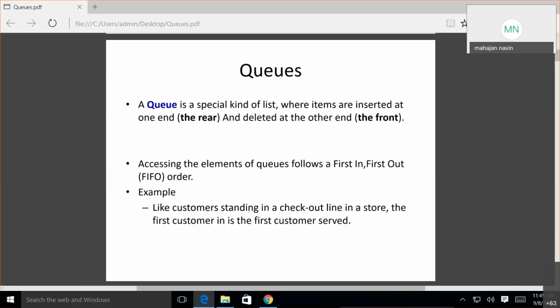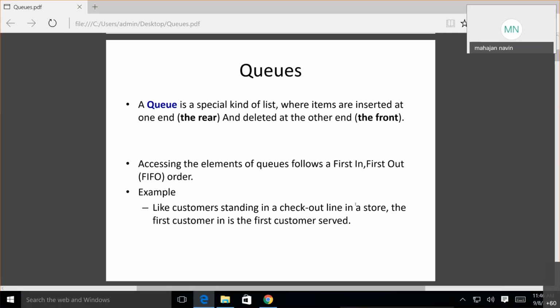A queue is a special kind of list where items are inserted at the rear end and deleted at the other end, which is the front. Examples are queues at a bus counter, ticket counters, or customers standing in a checkout line in a supermarket. The first one who enters the queue is the first who gets out of the queue.